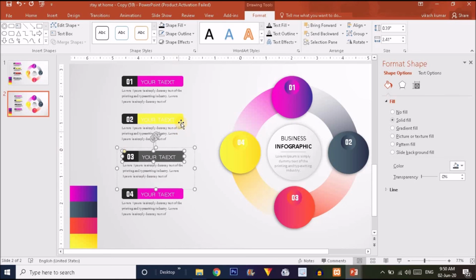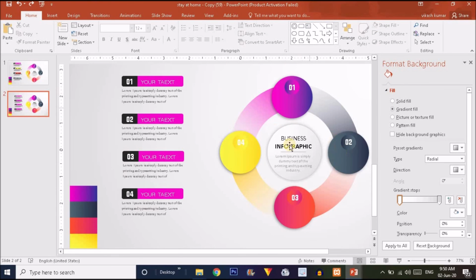Sorry, for step 2 we have to select a black fill. So now what you'll have to do, guys, is for step 2 you have to select this darker color. Step 3 you have to select the red color. Step 4 you have to select the yellow color.